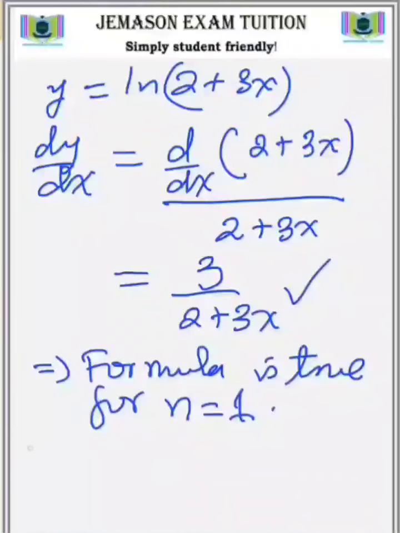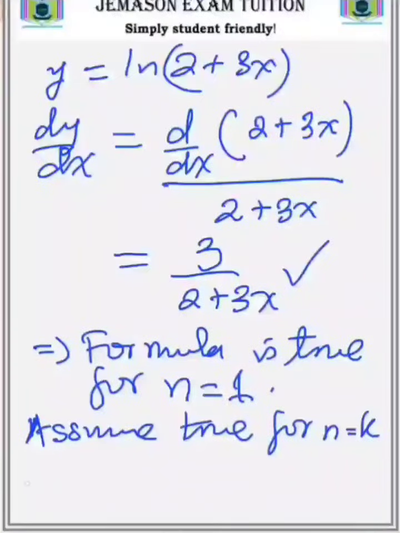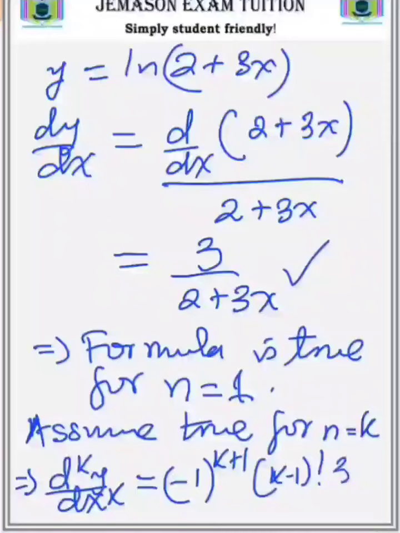Now in the hypothesis step we have to assume the formula is true for n equals k. In that case we would have that d to the k of y all over dx to the k should be equal to, we simply replace every n in the formula by k, so we get negative 1 to the k plus 1 into k minus 1 factorial, 3 to the k all over 2 plus 3x raised to the